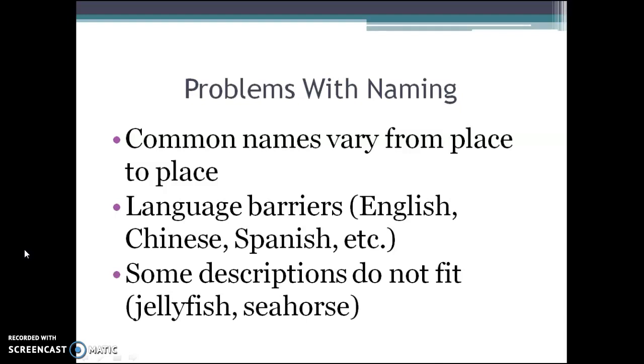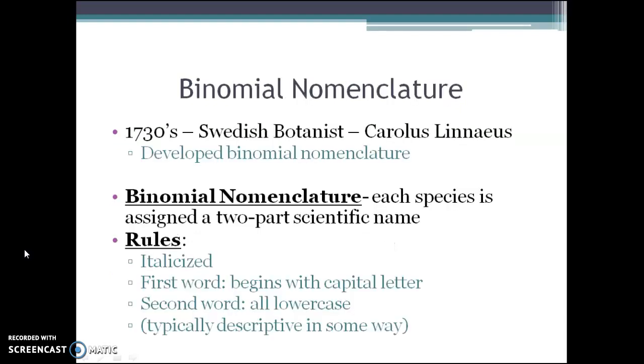And so we need a system in place. This is very much like in ninth grade, if you remember how we keep measurements consistent and shareable and able to communicate ideas to each other in terms of measuring. It's the what? The SI system, right? Meters, liters, grams. We have a very similar thing in biology. And it's called binomial nomenclature.